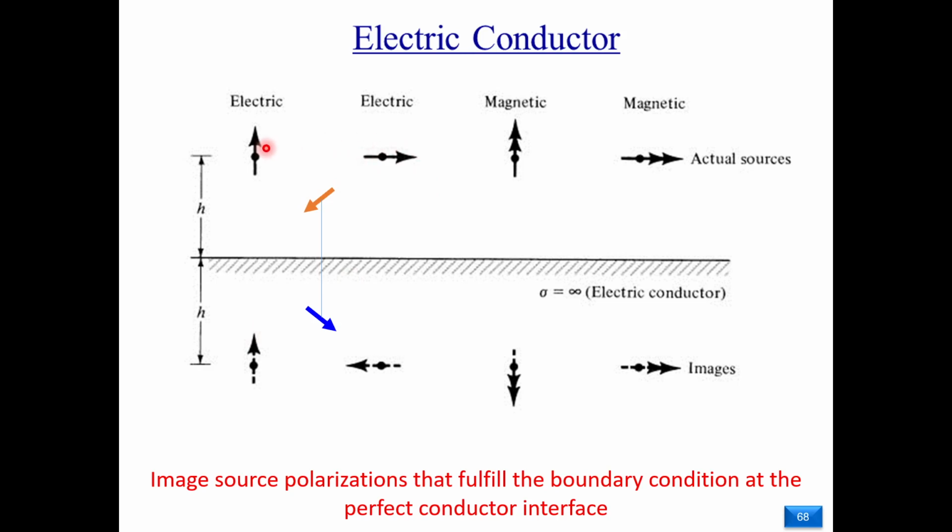If the source is horizontal, its image would be at the same height, same distance from the interface, and in the opposite direction. Why is that? That is the setup that fulfills the boundary condition of zero tangential electric field at the boundary